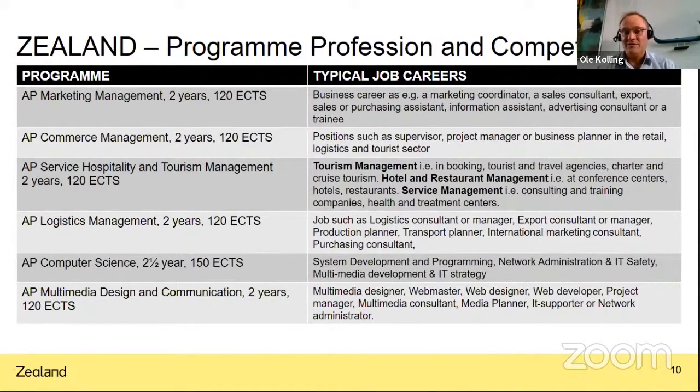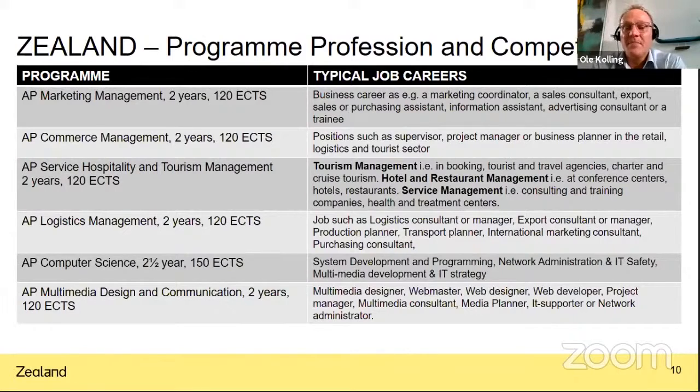Logistics, a lot of people think logistics is about shipping. Well, to some extent it is, but logistics is actually also dealing with moving things from point A to point B. Where do we do this? Well, we do logistics, for instance, within exporting, production planning, so getting raw materials, producing the product that the company produces, and then you have also the ready-made product. It could be planning of transportation, could be international marketing, purchasing. So that would typically be a career you would pursue within logistics.